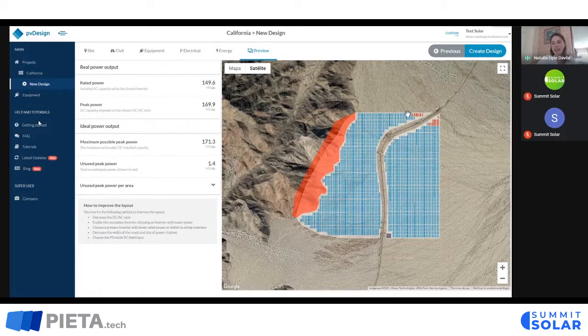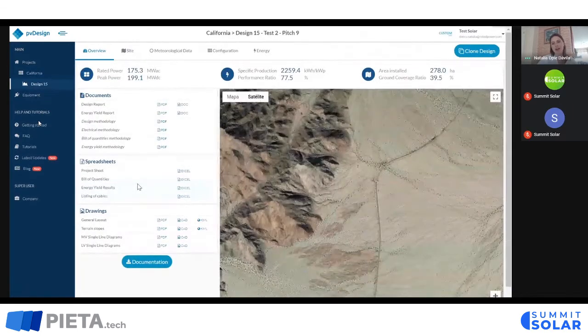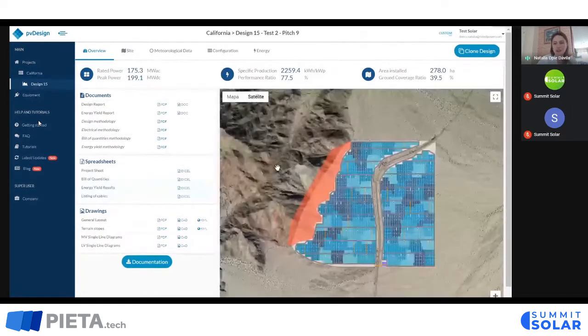How can I try to include these modules in red in my final result? Just play with PVDesign. Go back, change the DC-AC ratio, insert a secondary inverter, and just go back and forth to the preview tab to achieve a result that you agree on. So let's click on Create Design. And the final result is the following. This will take around 40 seconds, so very quickly, and we will have all this documentation